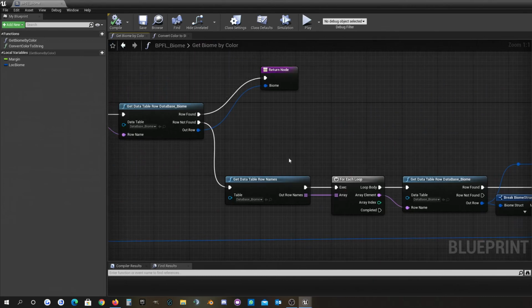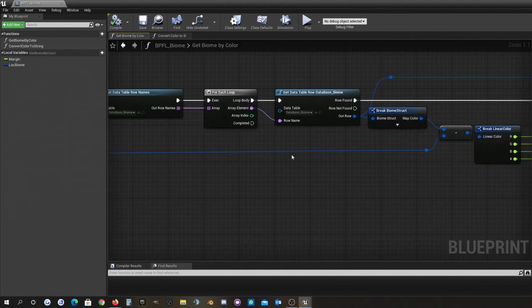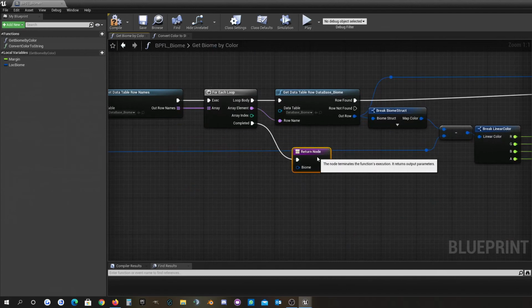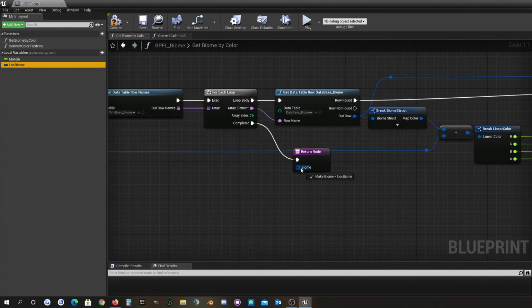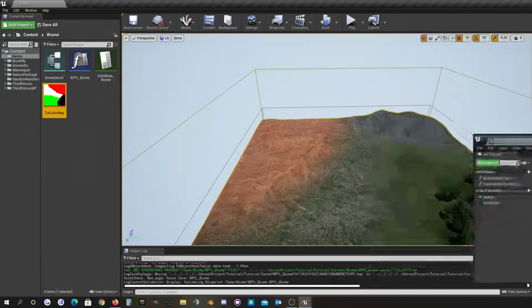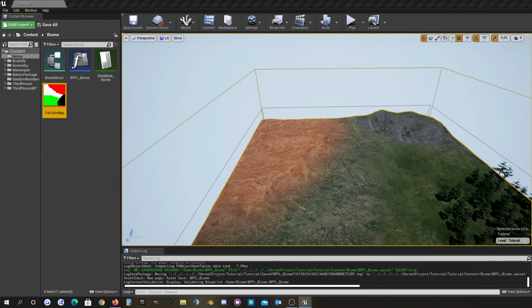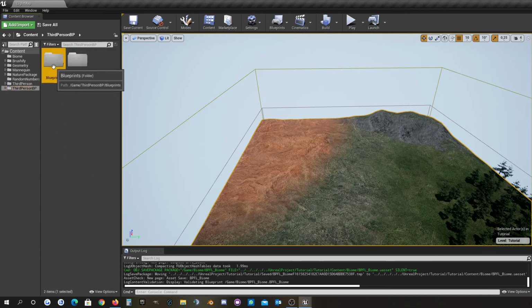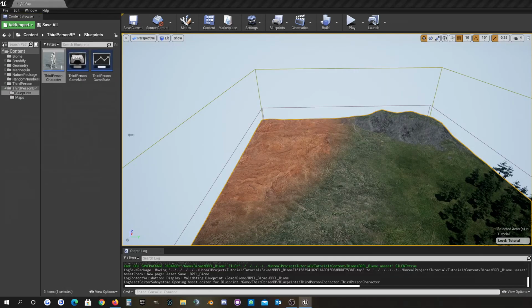And yeah, that's fine, and then we can return it here, the biome. Yeah, that's it. So now we want to implement this, let's try it first in the character, maybe